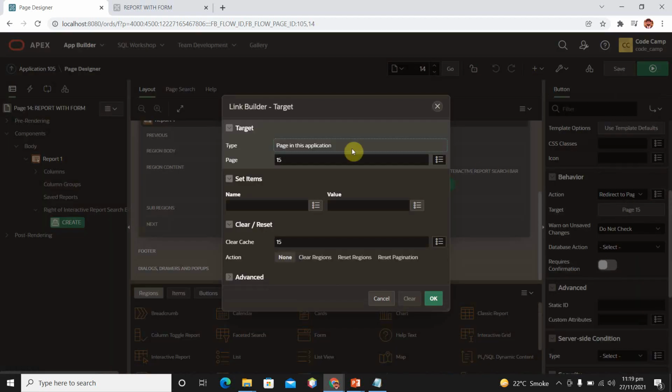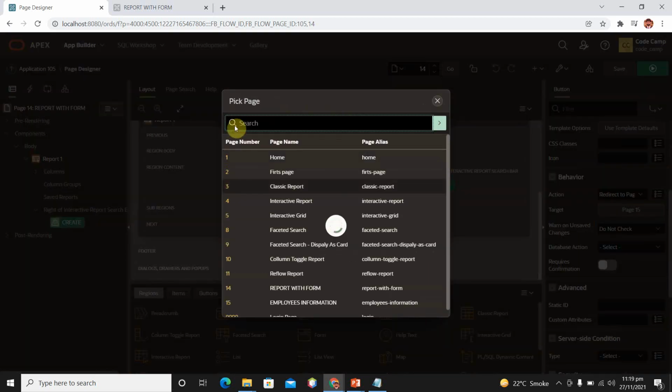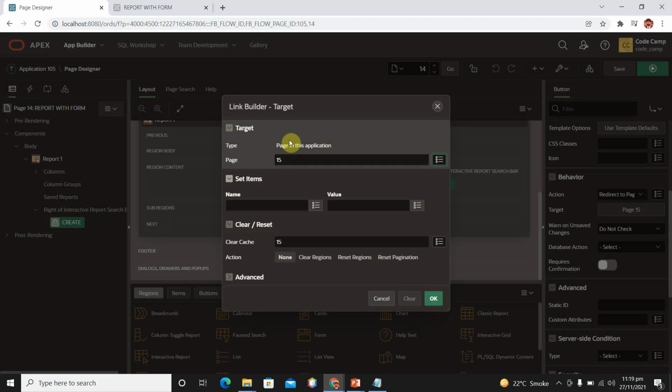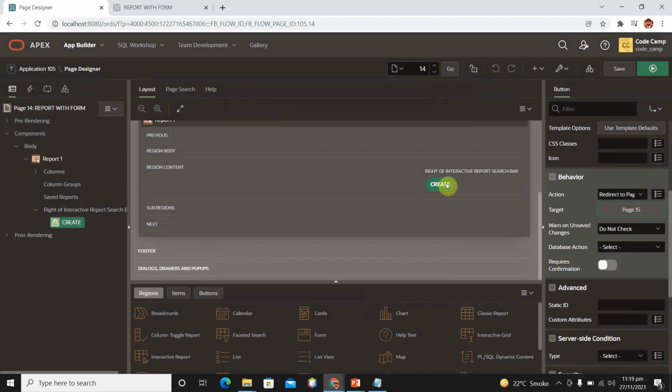You can change the page number, that is, on which page it must be redirected when I click on create. So after creation of this report, you can change the behavior or target of your button.